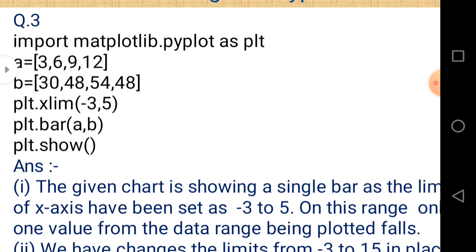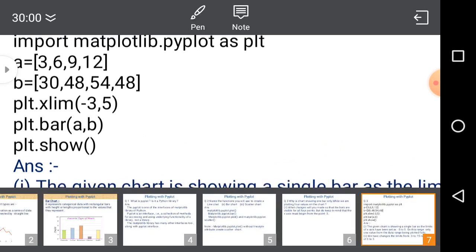Now we can easily see that the first line is the matplotlib library, which means it is related to a chart, and matplotlib.pyplot has an alternative name, and that is plt. So whenever you want to use matplotlib.pyplot, we can use plt in place of matplotlib.pyplot. Second is a list, containing 4 elements and defined by variable a. Third one is b, containing again 4 elements.